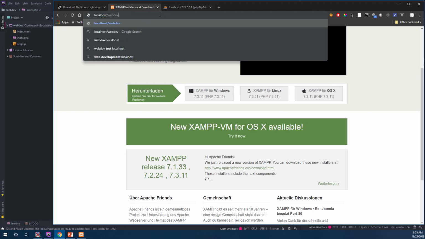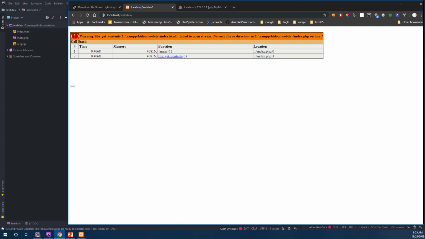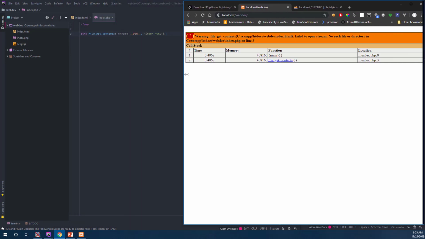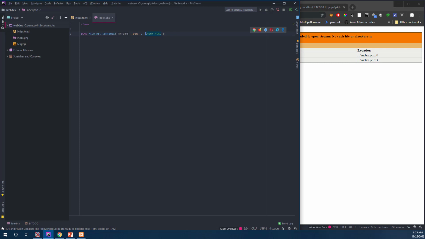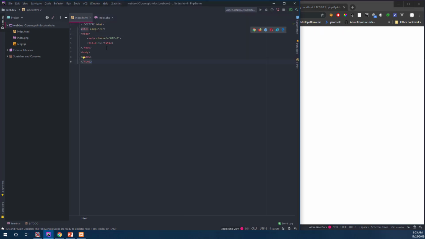webdev and directly already see the error that's happening here. And that should solve it in that case. Okay, so it says hi here because that is the only content I had. Maybe let's quickly create a